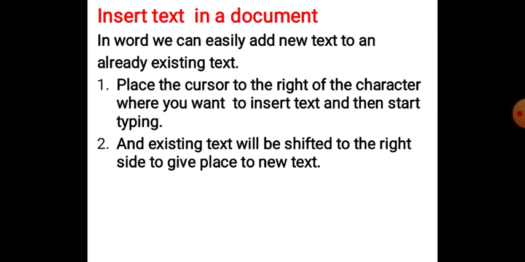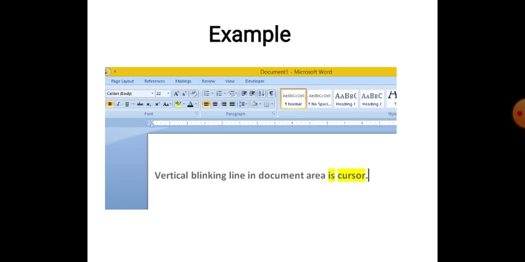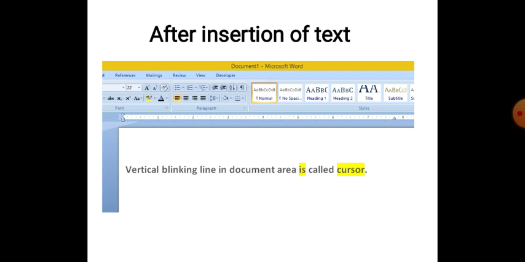Okay, see in this picture, there is a vertical blinking line in the document area, that is the cursor. Now we want to place a new word, called. So what we can do, we will place the cursor after the S in "is" and then we start typing called, and automatically the cursor and word will shift to the right side.